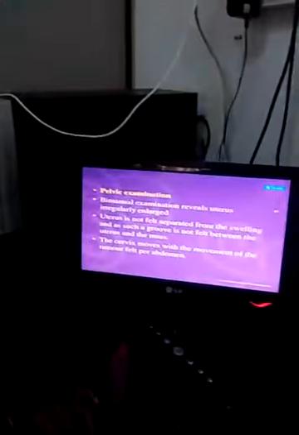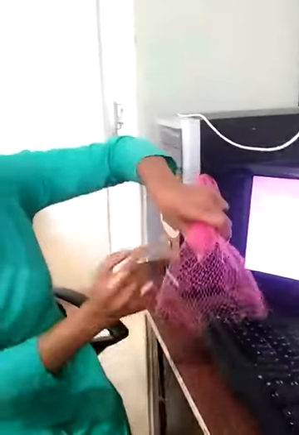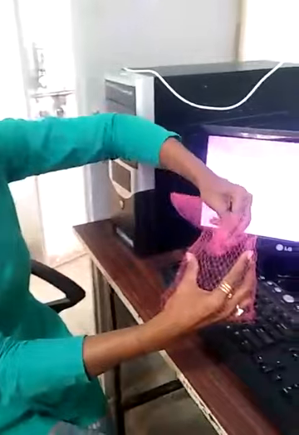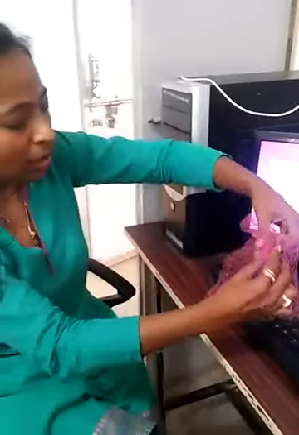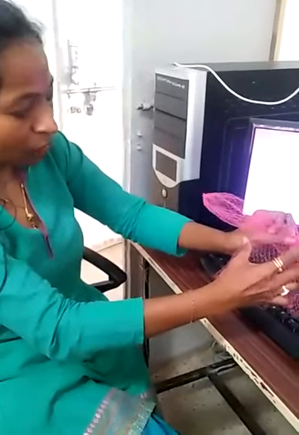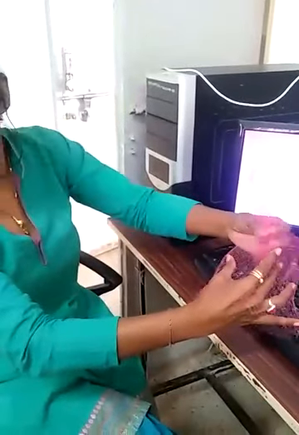And the cervix moves with the movement of the tumor felt per abdomen. Imagine this part is the cervix, and when you move the fibroid, the cervix moves this way. Got it? If you move the uterine fibroid present here, the cervix also moves with the movement of the tumor per abdomen. That is what you can understand on per pelvic examination. That is the uterine fibroid.